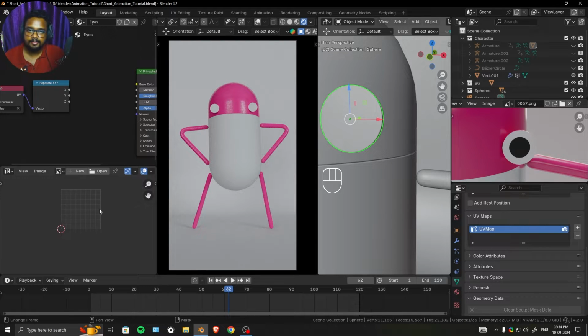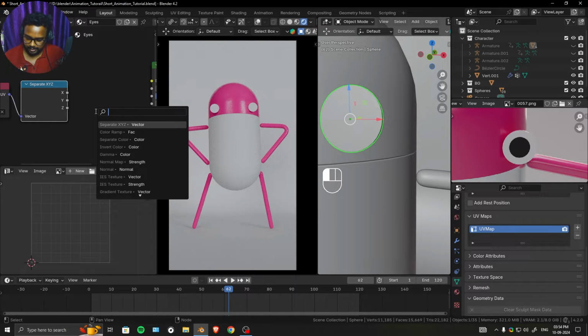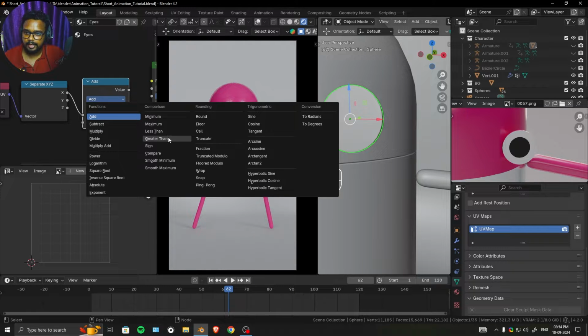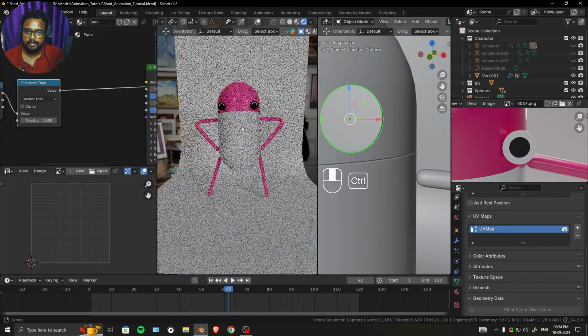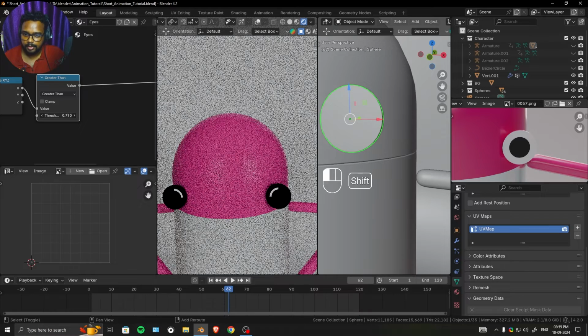Okay, so UV space has two vectors, which is the x and the y, and we have put our first UV map on the x. We can take the x and we can say math node, and then we can use a greater than. Now this will give us a toggle between the eye sockets. So as you can see, you need to have a really clear